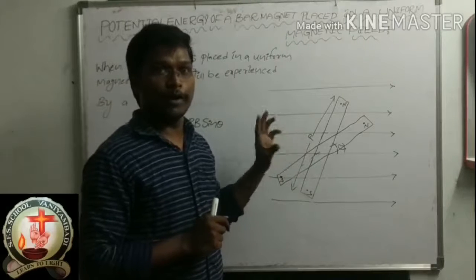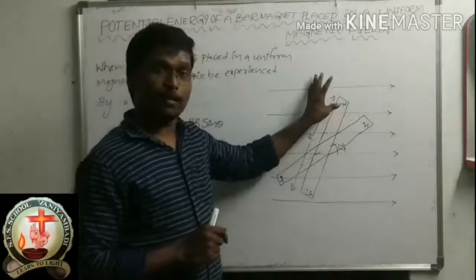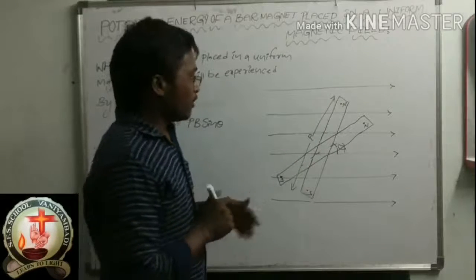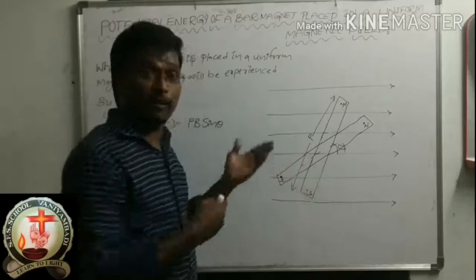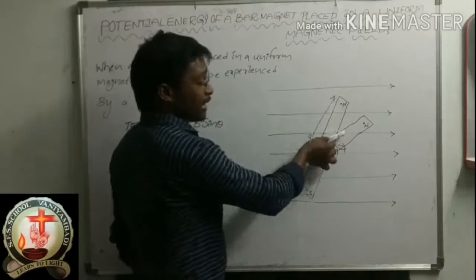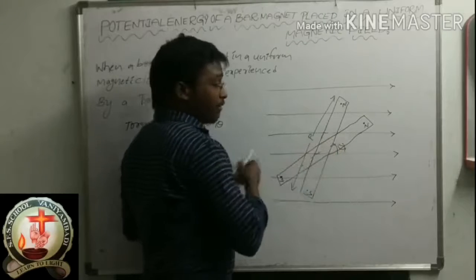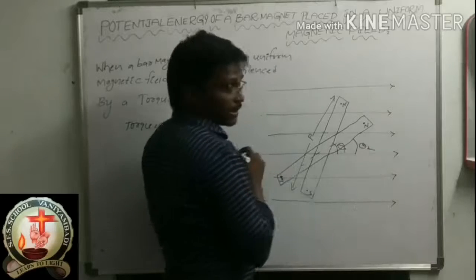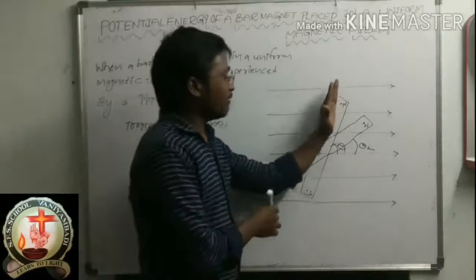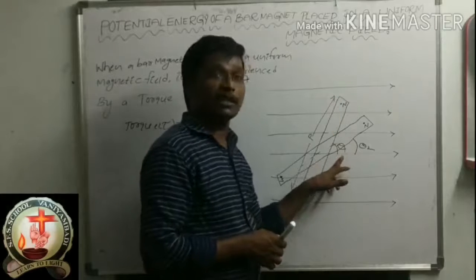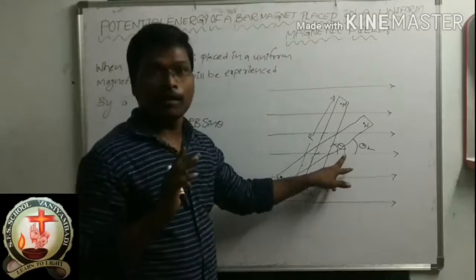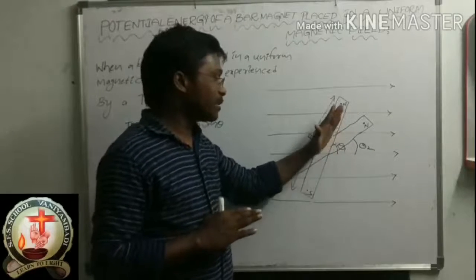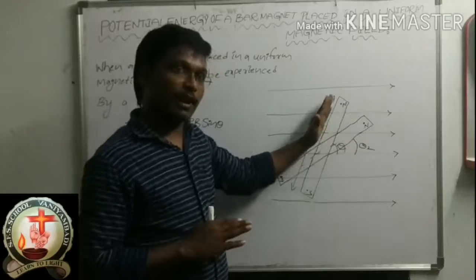You don't need to draw this diagram. Just draw one magnet itself. Whenever the magnet experiences torque, it revolves like this, and after revolving, the magnet will be making an angle theta 2. Please don't get confused. Initially, when the magnet is like this, how much angle is it making with respect to the magnetic field? Theta 1.